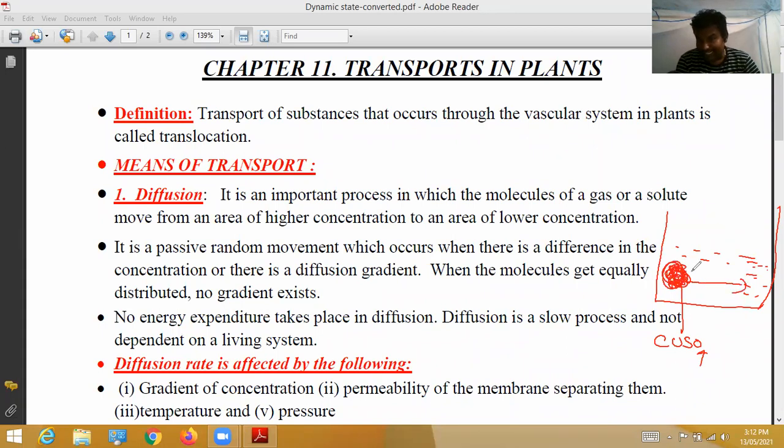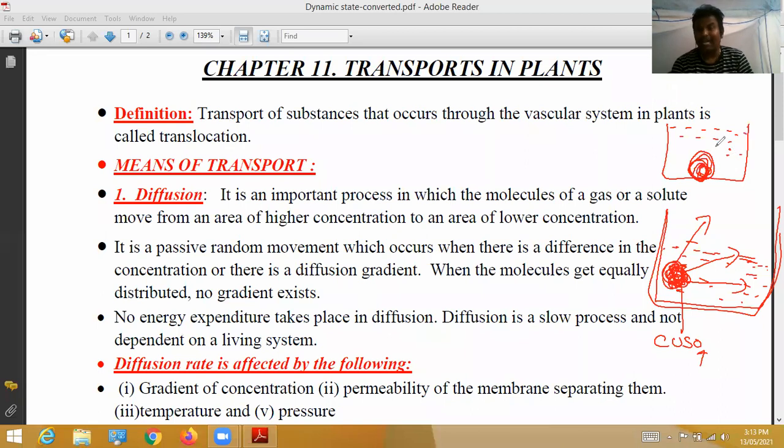Towards the concentration gradient, the copper sulfate is dissolved and equally distributed throughout the beaker. Like this, even in our home, we can see one experiment. Take a fist of sugar and put it here, around the sugar the concentration will be more. Here, the sugar concentration is less. After half an hour, or after 1 hour or 2 hours, if you taste the water from this side, this side, this side, from wherever you taste, the water will become sweet.